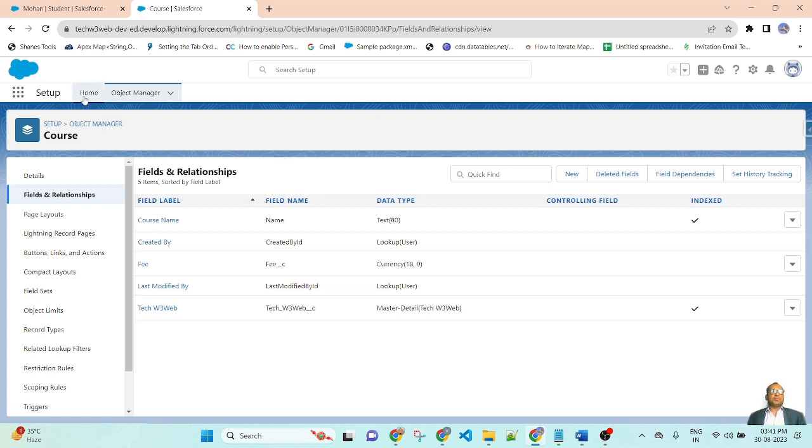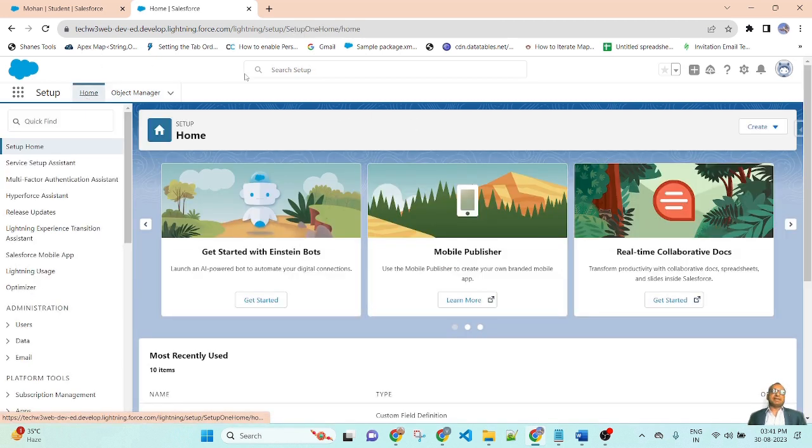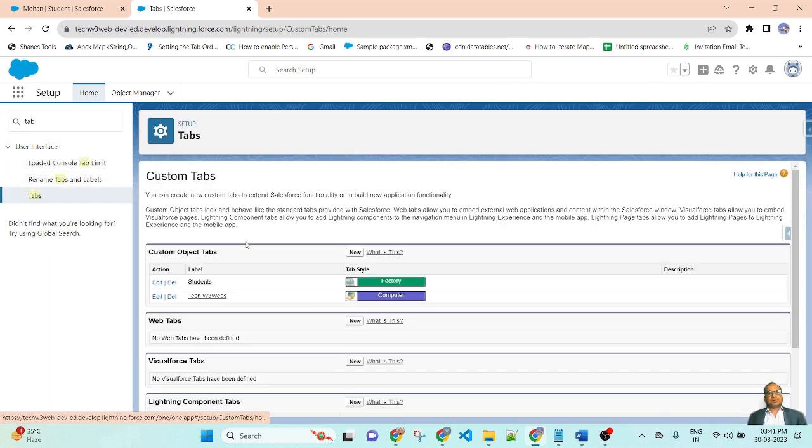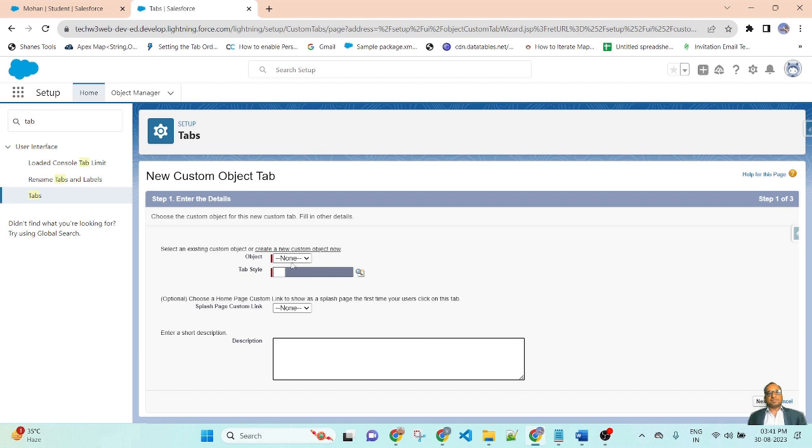Now go to Home, and I am creating a tab for this newly created object. Find Tabs and select Tabs. This is the custom object tab. Let me click on the New button. It asks for object name and tab style.